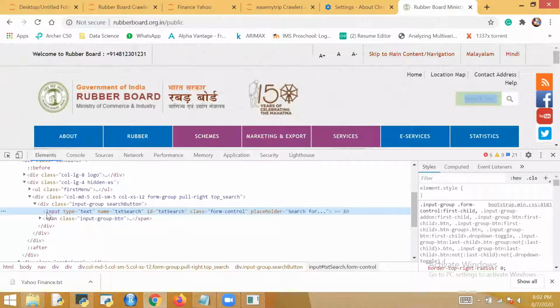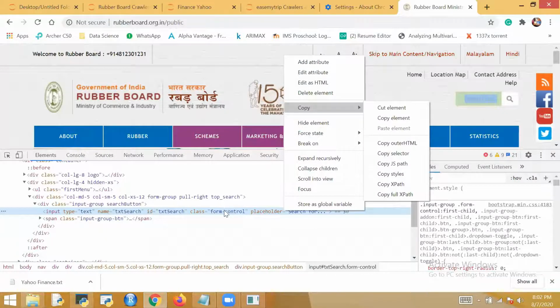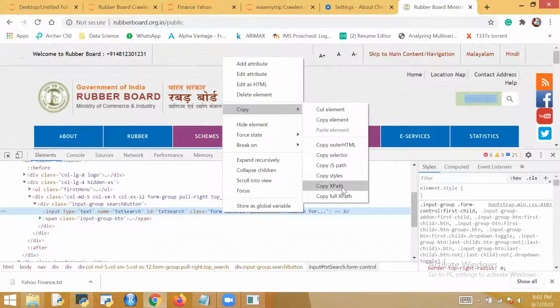Here it is an input with a placeholder they have mentioned. So this is how it is highlighting the input field, and now you right click on this highlight and copy your XPath.